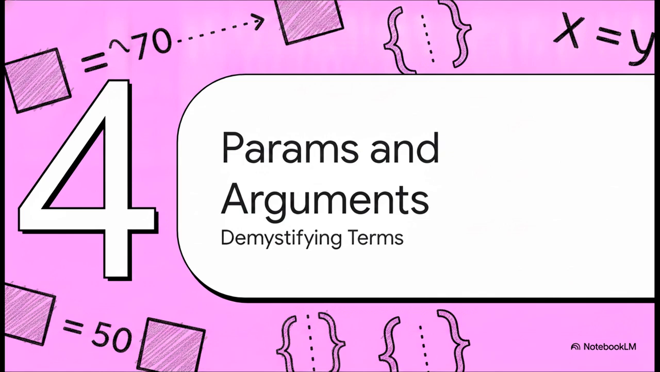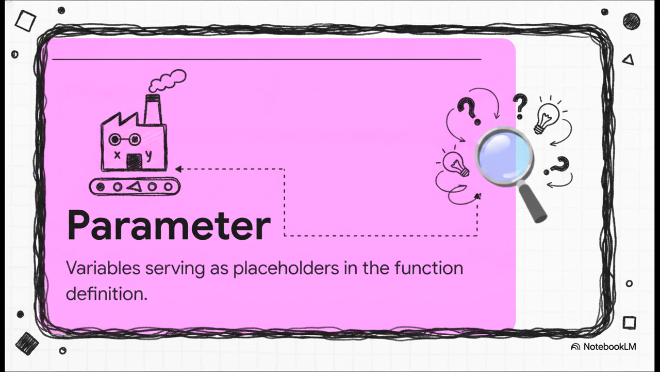In that last example, we used letters like x and y and numbers like 70 and 50. Let's demystify exactly what those are. Let's tackle parameters first. Parameters are the variables listed within the parentheses while you are designing the function. In our def add(x, y) example, x and y are the formal parameters. Think of them as the placeholders, the receiving slots in our mini-factory. They dictate exactly what type and how many expected values the function absolutely needs to receive in order to do